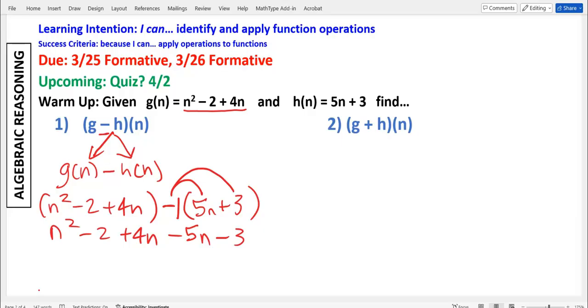Can you? Yes. All right. Do we have any squareds? This is the only squared, so I'm just going to bring it down. N squared. Okay. Do I have any just n's? 2 of them. Positive 4 minus 5. What's 4 minus 5? If you type it into Desmos, 4 minus 5 is negative 1. But we don't usually write